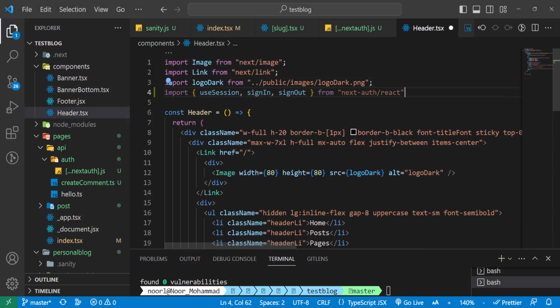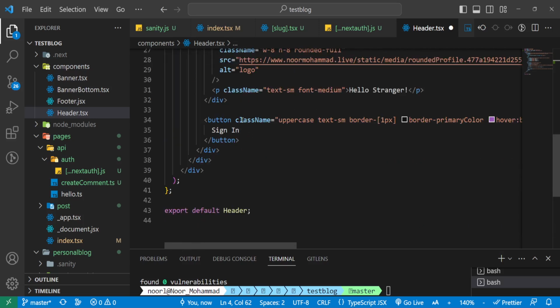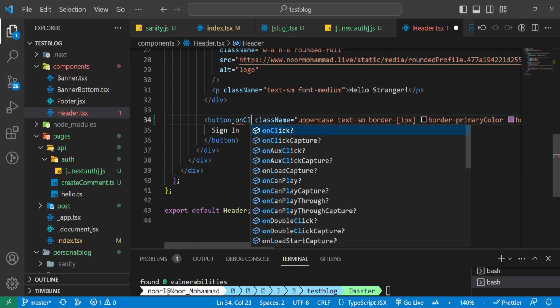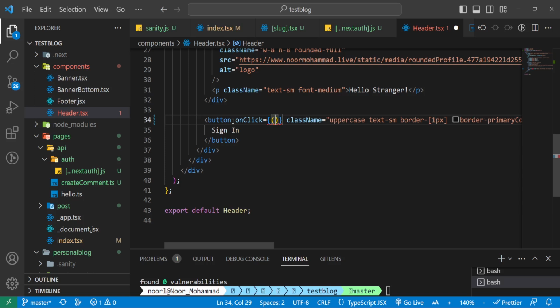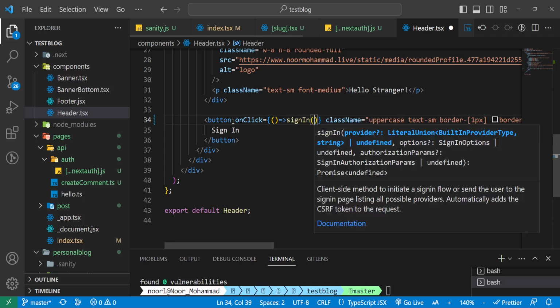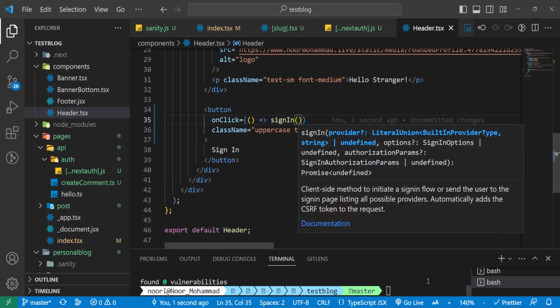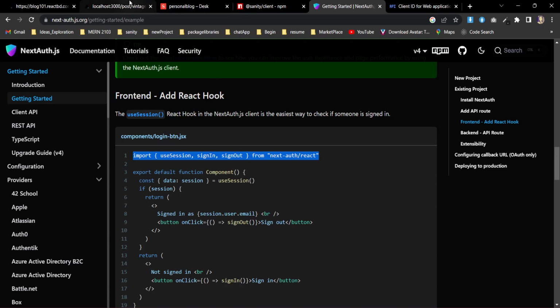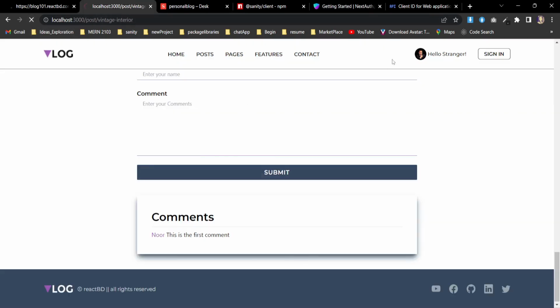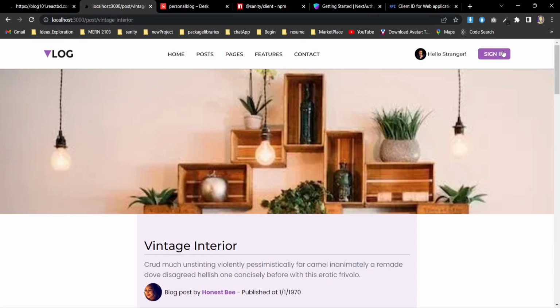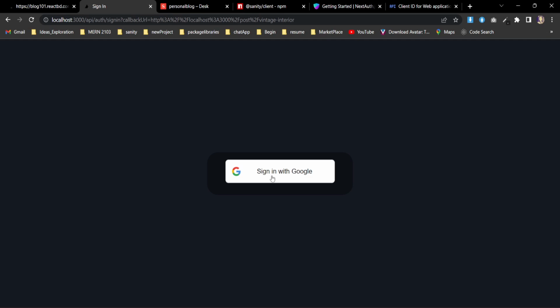So let's paste it. Now remember we have one sign in button. On here, we will create an on click function, and in that on click we're gonna make it sign in. Oops, it will be sign in. Okay, so now it's gonna create our sign in function. So if everything is right, we will be able to go to our sign in page. So let's click sign in, and as you see, sign in with Google is available. If we click,